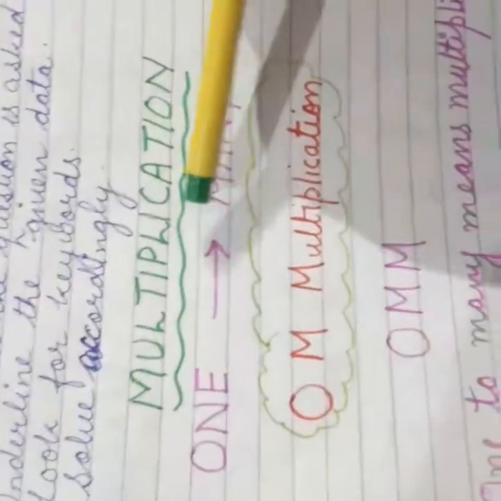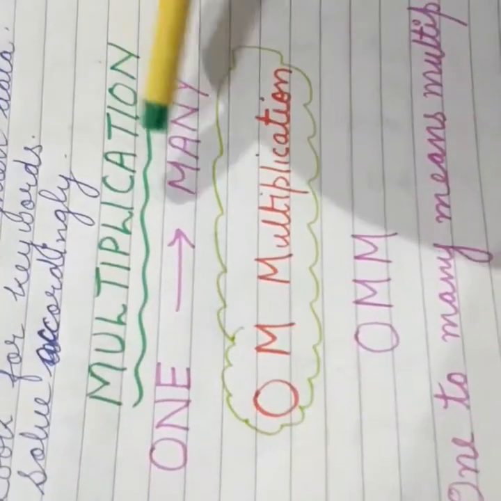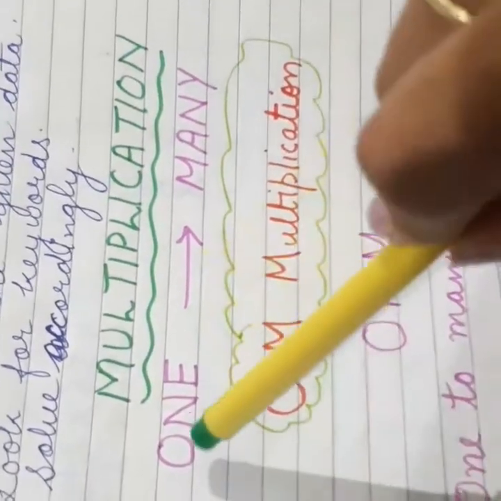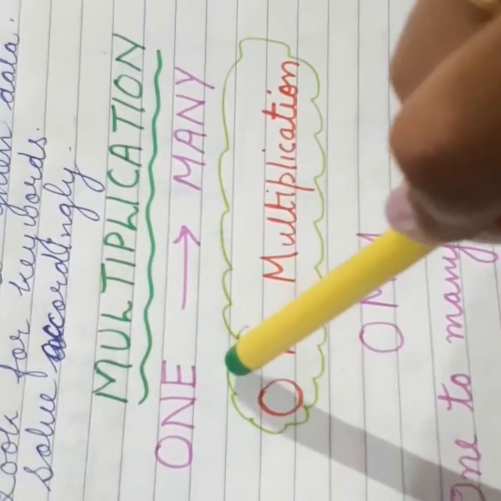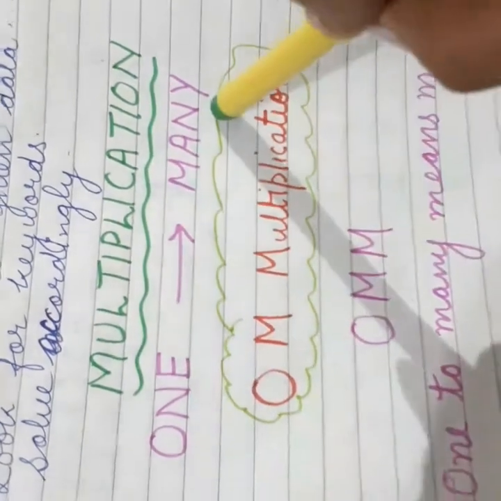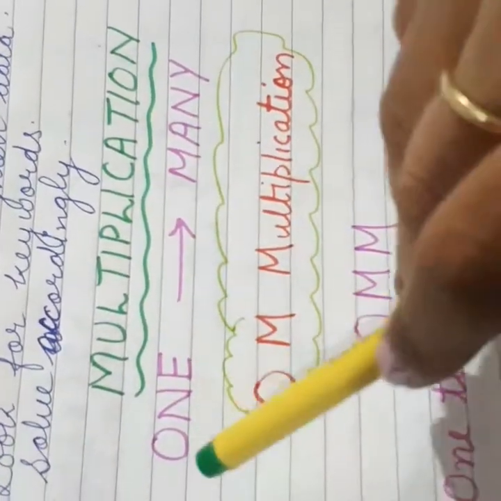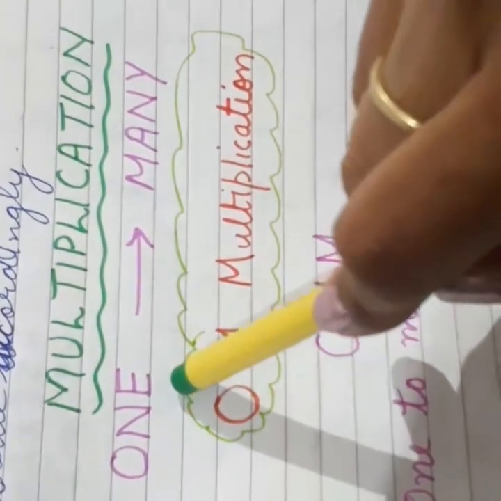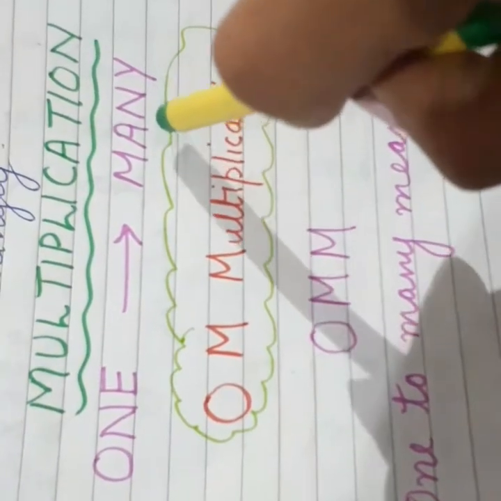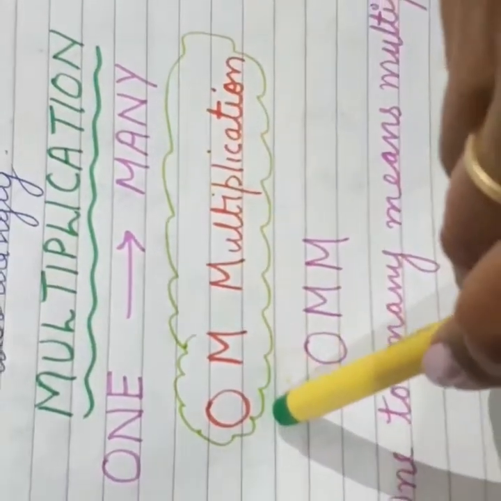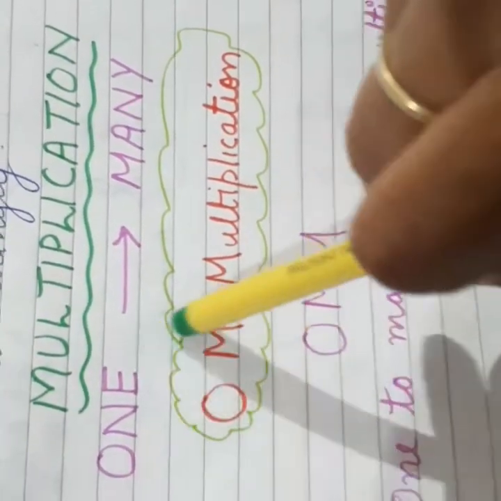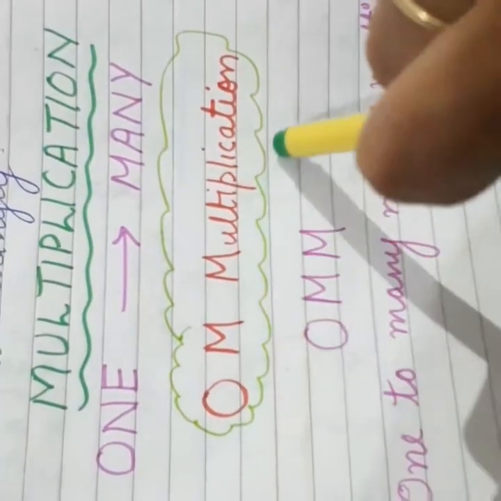Today we are going to solve word problems of multiplication. When you go through a word problem of multiplication, you go from one thing to many things. That means the data about one thing is given to you and you have to find the answer about many things. So remember, in multiplication, you go from one to many.